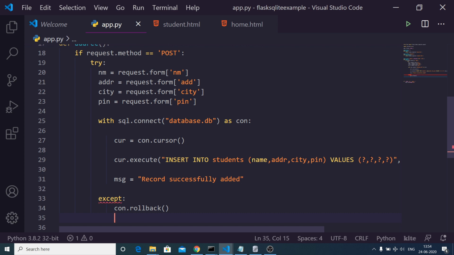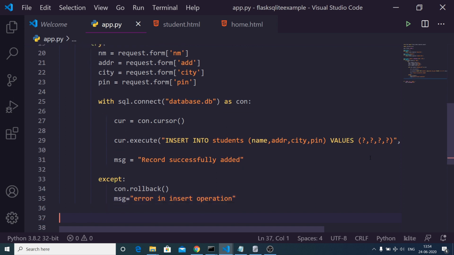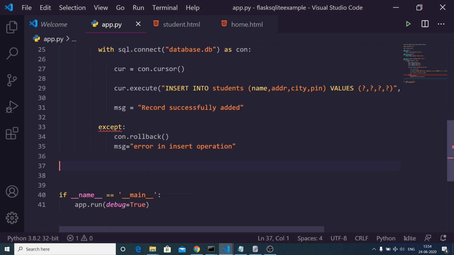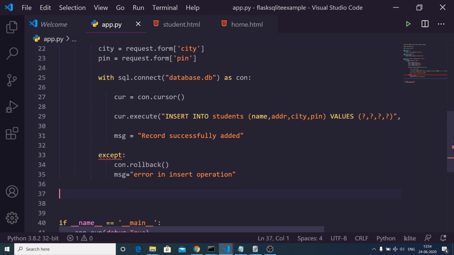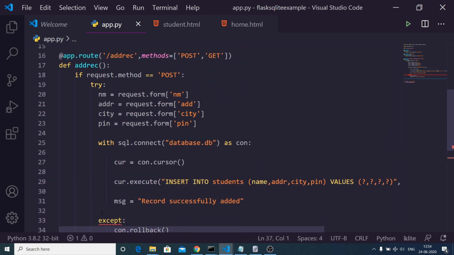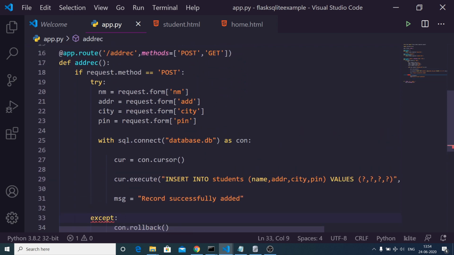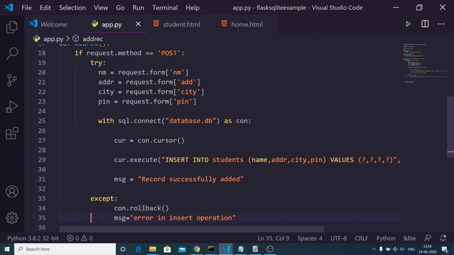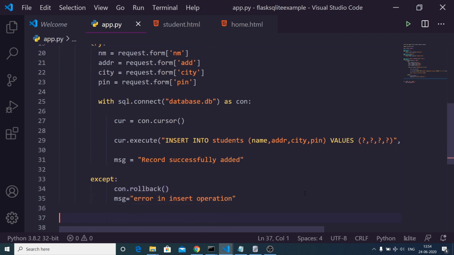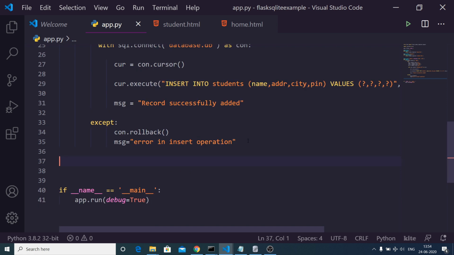And secondly, we need to give it an error message, which will be here in this case, error in insert operation. I think it has an indentation problem. Yes, you can see that we have fixed the indentation.